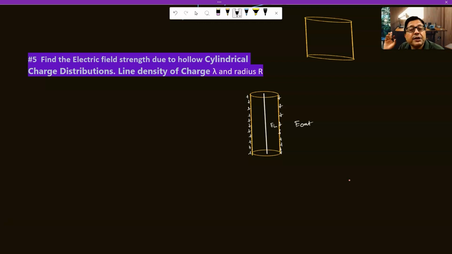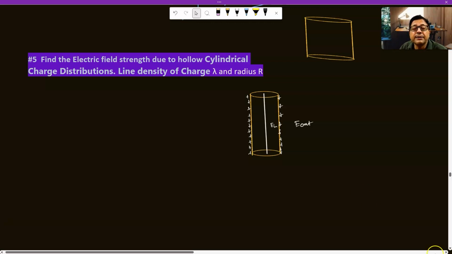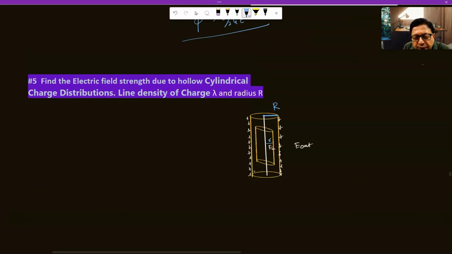So there is cylindrical symmetry. For this cylindrical symmetry, we need to take Gaussian surface, which is nothing but a cylinder only. So let us find E in first. Okay? We'll find E in. So this is going to be our Gaussian surface. For this Gaussian surface, its radius we want to find at a distance r from the axis. So for finding E in,